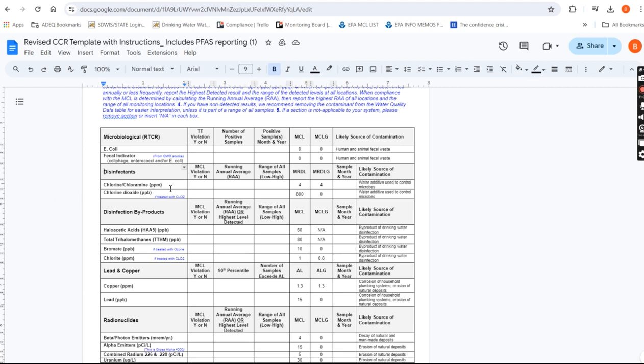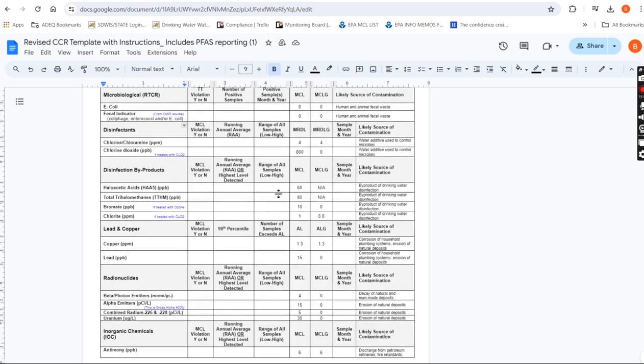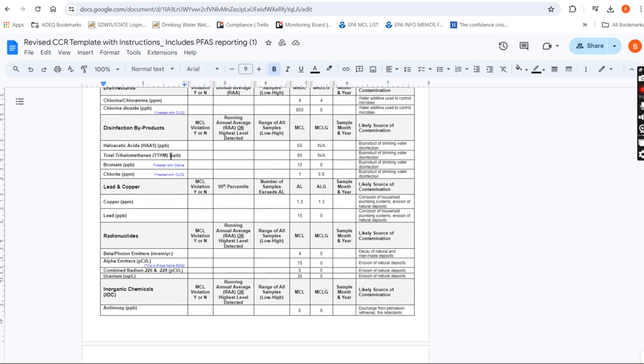If you are a system that regularly disinfects, you will include your chlorine, chlorine dioxide, or chloramine data and the range of samples. And if you're disinfecting, you're also sampling for disinfection byproducts. Now, if you are just taking annual samples of these disinfection byproducts, you would include the highest levels detected, or the detection in 2023. If you are on quarterly sampling for either of these contaminants, you're going to include the